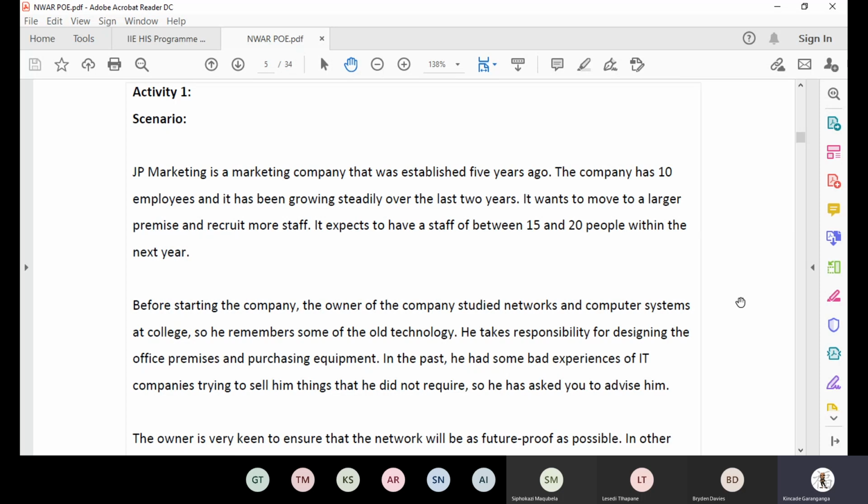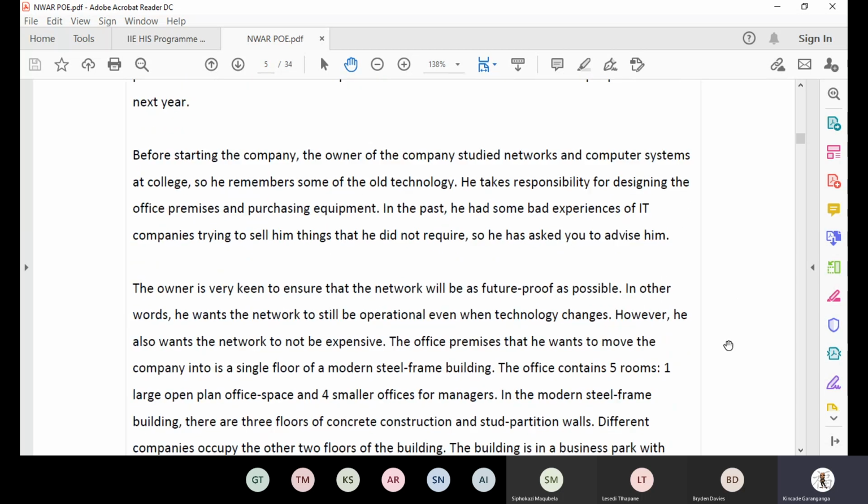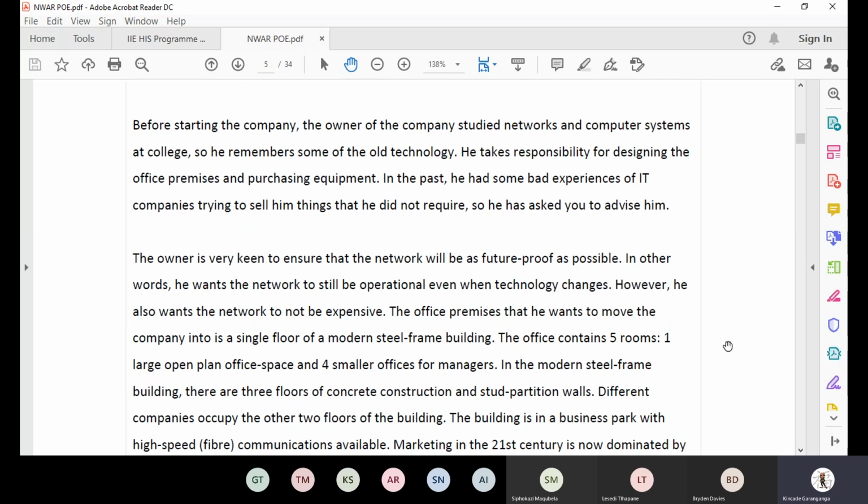So ultimately, you've got an individual who's got some kind of knowledge as far as ICT is concerned. So they're looking for you to advise them in terms of how they can properly set up a network when they move to new offices, because ultimately, you want to design something that is arguably future-proof, which means that you want to look at something that can accommodate for that growth that we mentioned a couple of moments back, and also looking at a scenario where you don't need some kind of reconfiguration or acquisition of